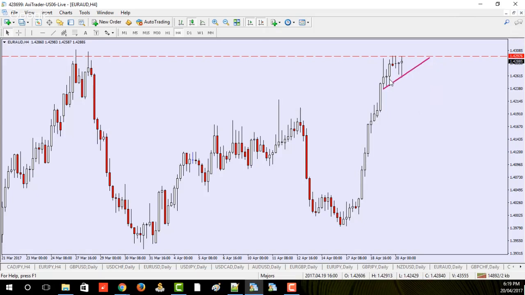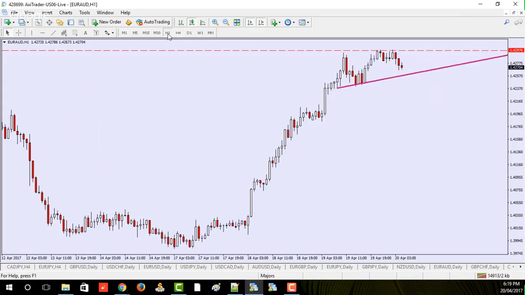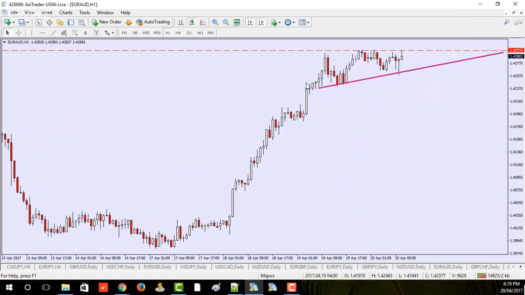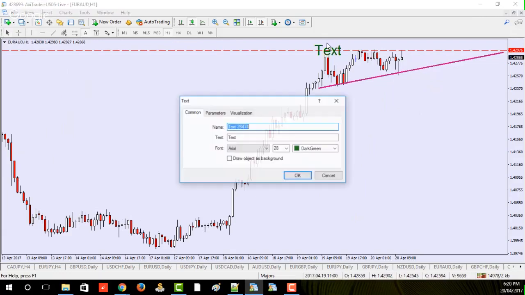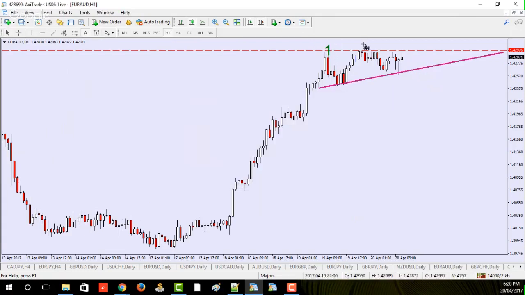So when you see a really cool looking setup like this, where it's bouncing, what you really want to see is you want to see it repeatedly hit that. It doesn't matter if it's a bullish setup like this, where you have a bullish trend followed by a bullish trend line that's capturing the lows, or a bearish trend with a bearish trend line that's capturing the highs and pushing it up against support, sorry, resistance. But either way, you want to see several touches. Now this is important. There should be a rhythm to it where the market hits these levels repeatedly. So 1, 2,